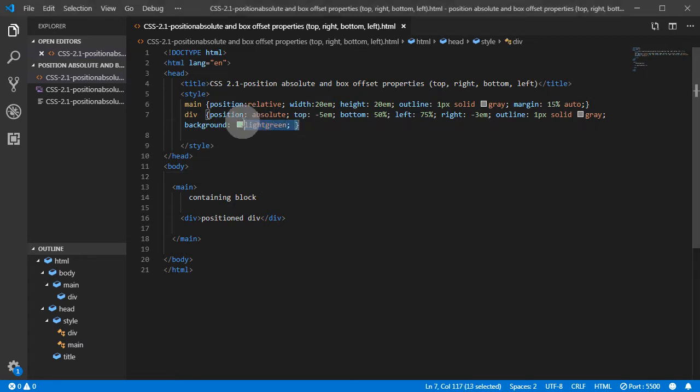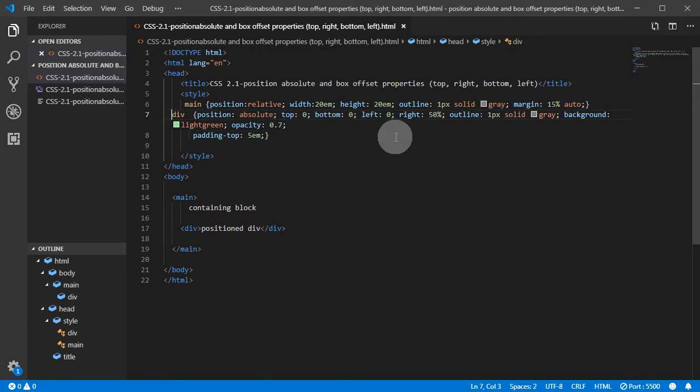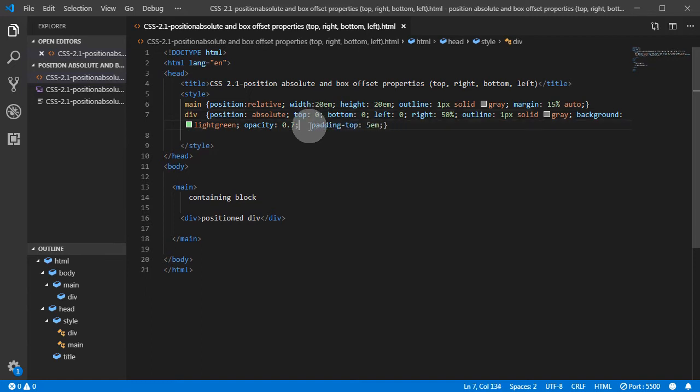Let's see here. Okay, so what happens here is main has the same properties, but what happens with the div? We give it position absolute again,